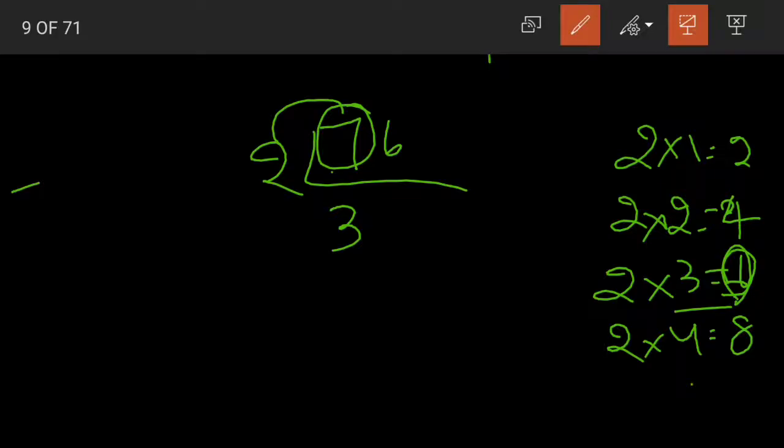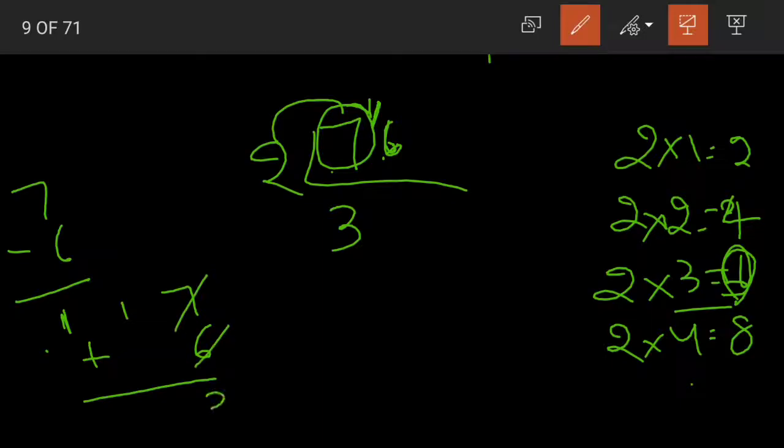Now what to do with the remaining one? When we subtract 7 and 6, we have 1. That is carried forward to the next digit. 6 becomes 16. Even in addition we do the carry forward, right? Suppose I have 17 plus 6: 7 plus 6 becomes 13 and 1 is carried, 1 plus 1 becomes 2. In 13 we wrote only 3 and the remaining 1 is carried on. In the same way here in long division, the one that is remaining is carried on to the next number.